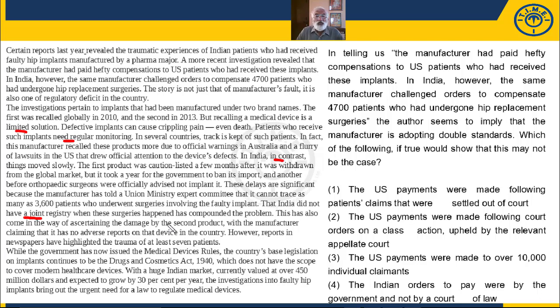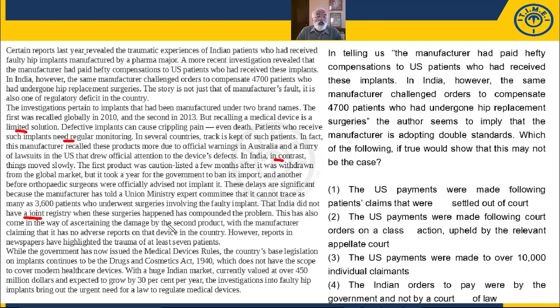So who else would be? Either the company also, that means the company and the hospital are interested in who gets the implant, or government or the regulatory authority. So the authority and the hospital, maybe the authority and the hospital and the company, whatever. But joint registry means more than one person was actually keeping track of these patients. And if they had kept track of these patients, and that means the hospital and the regulatory authorities, then identifying these patients would have been much, much easier.